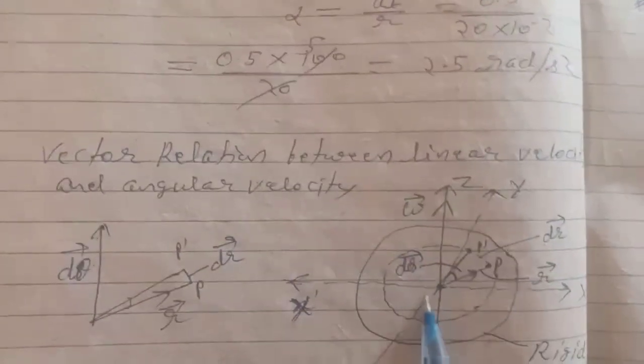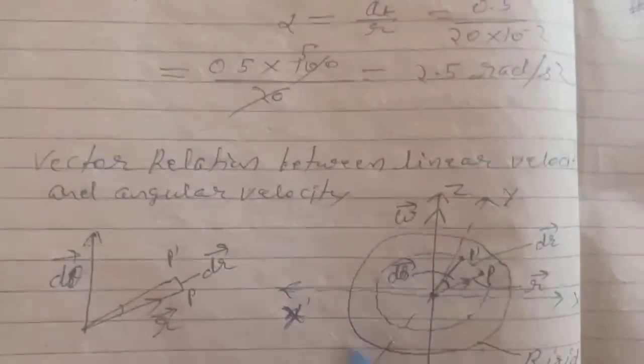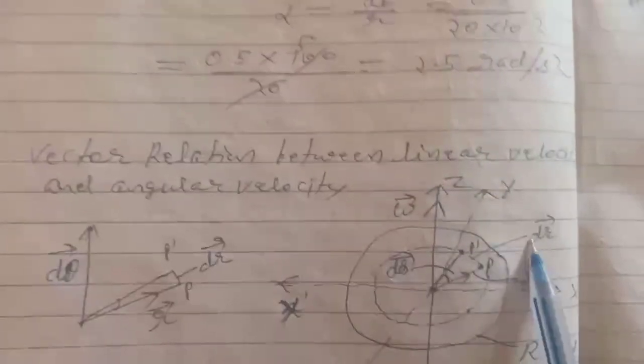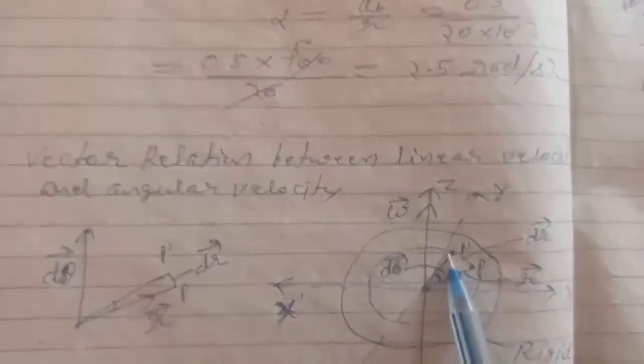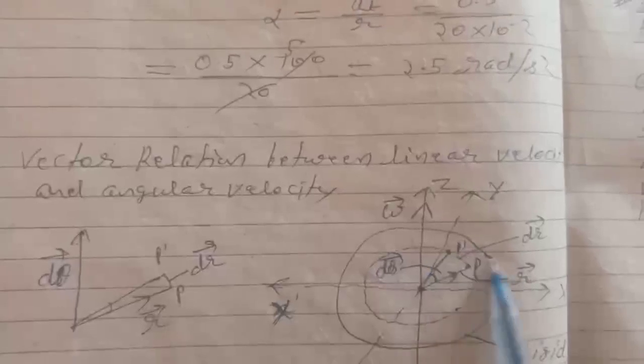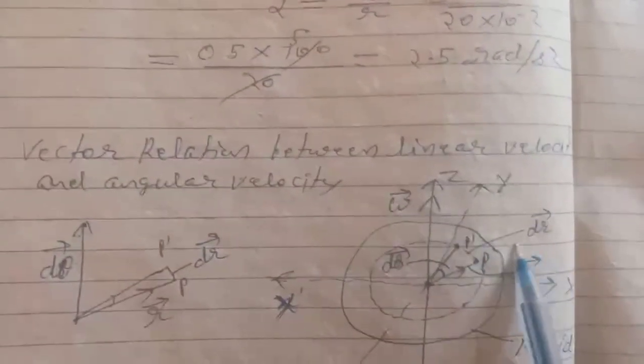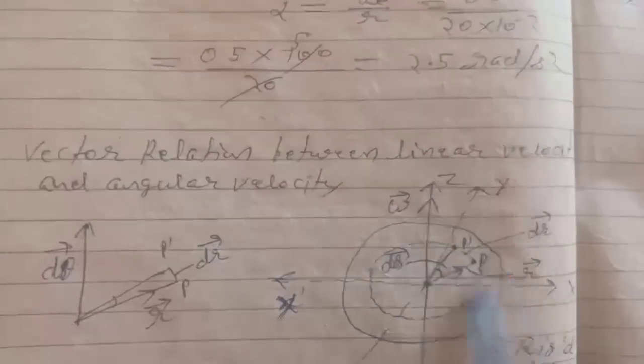That is, d theta direction will be along the z axis if the circular path is in the xy plane, and this is the point P and this is P dash, that the body has moved from P to P dash in the circular path. So this will be the displacement, linear displacement, and it is in the xy plane,